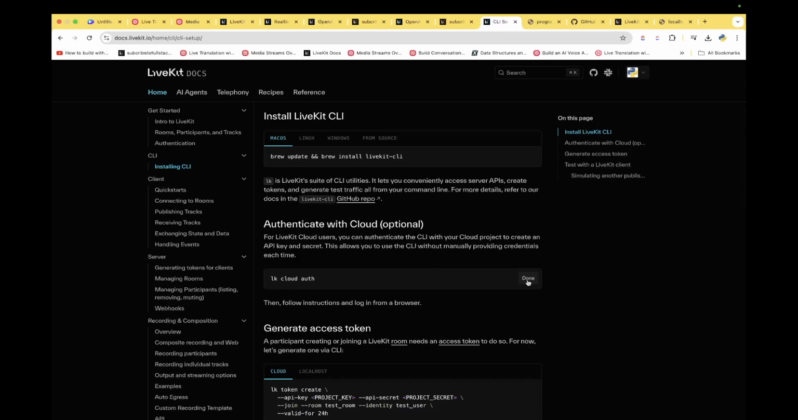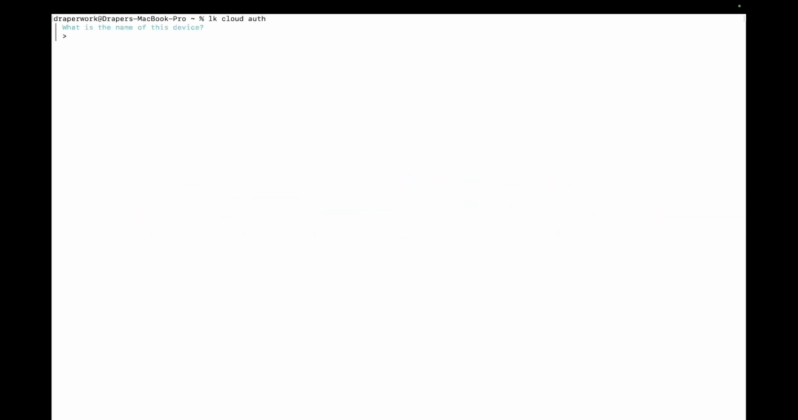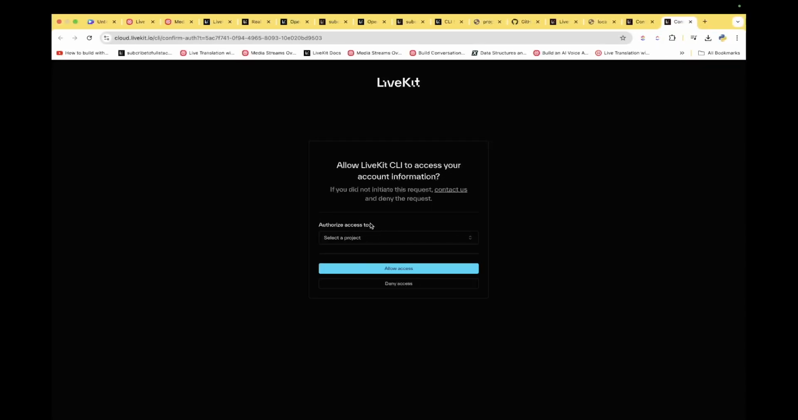So let's go ahead and authenticate. Let's go ahead and run this command. It's going to say, what is the name of this device? I'll say Full Stack Desk Mac. We'll hit enter. Here's what it'll open up, and we're going to authorize access to